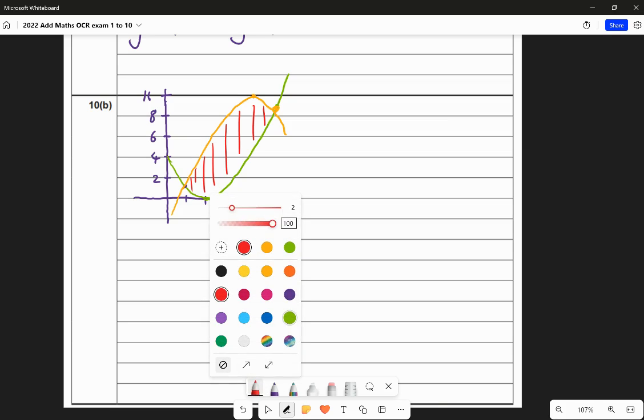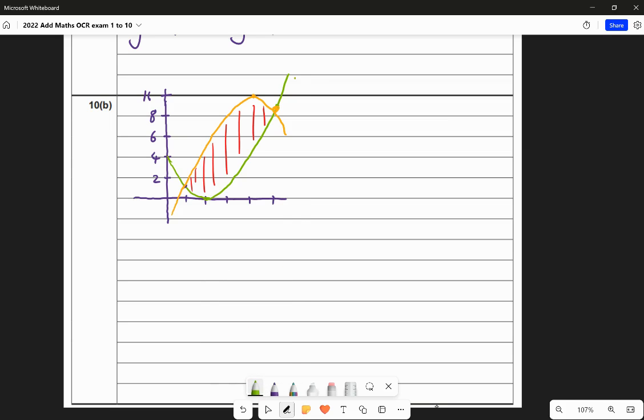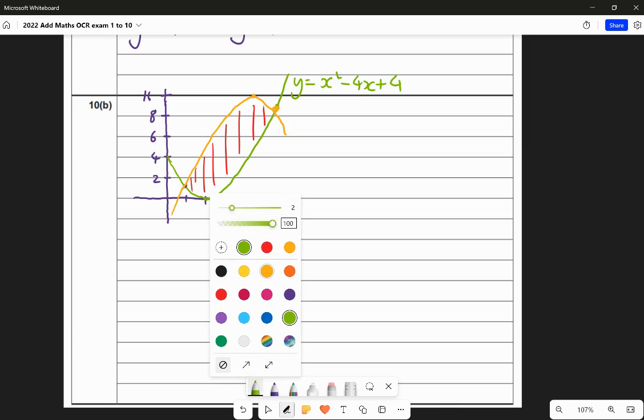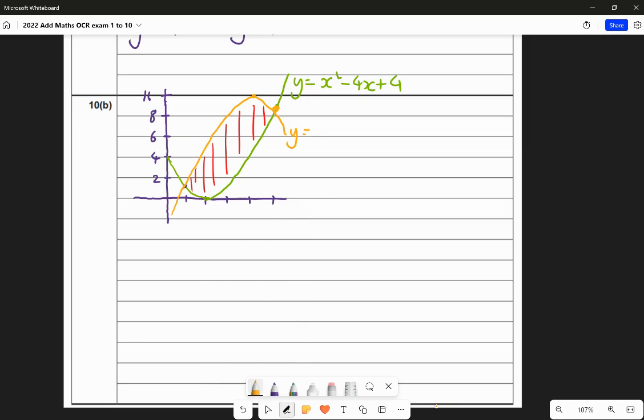And we have y equals the positive quadratic x squared minus 4x plus 4 as one of the graphs, and we have the orange graph y equals negative x squared plus 8x minus 6. So the graph that's above throughout that region is the negative quadratic,